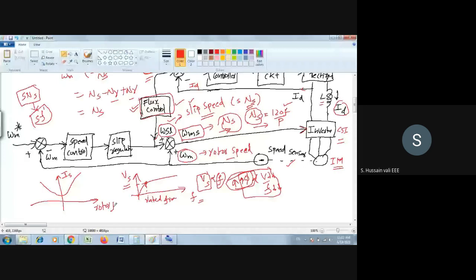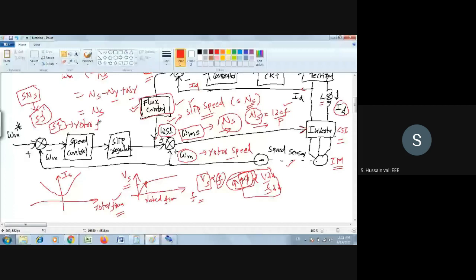So the rotor frequency is related to the stator current, whereas the rotor frequency S F is related to the flux control, because it has F. So F is related to flux. Combinedly we can say this flux control box is related to frequency, and also to stator current.